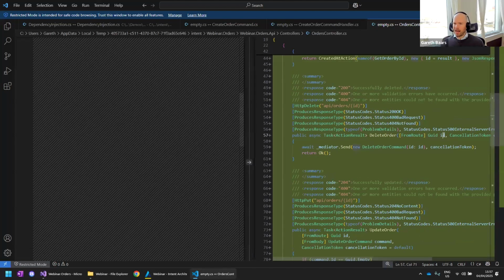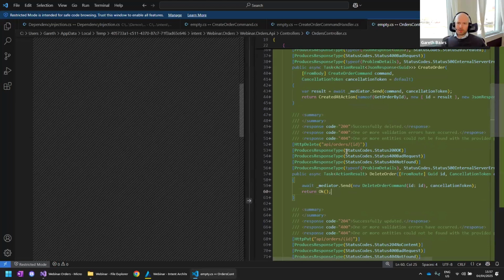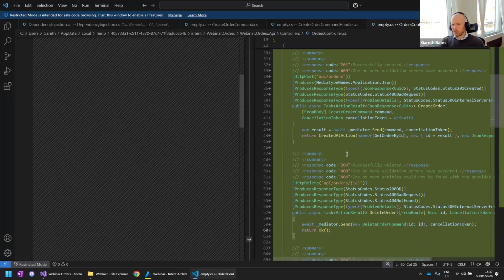For the delete, we take the ID from the root, okay? We inline construct the command, dispatch it, and return the 200 if it is successful, and so on and so forth, right? So this is just a very, very straightforward controller pattern. You'll see that there's absolutely no business logic in this layer. That's part of a clean architecture. You never want to see business logic typically in your infrastructure layers, just for the simple reason that you may have multiple entry points into your application.